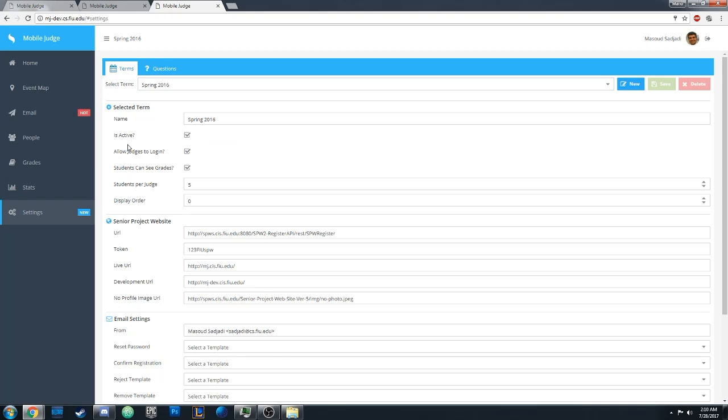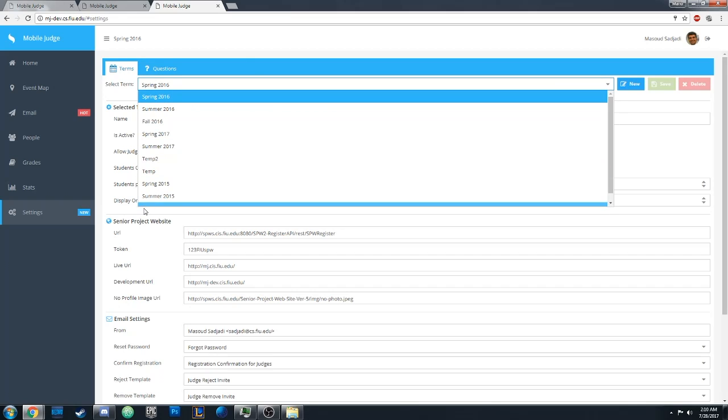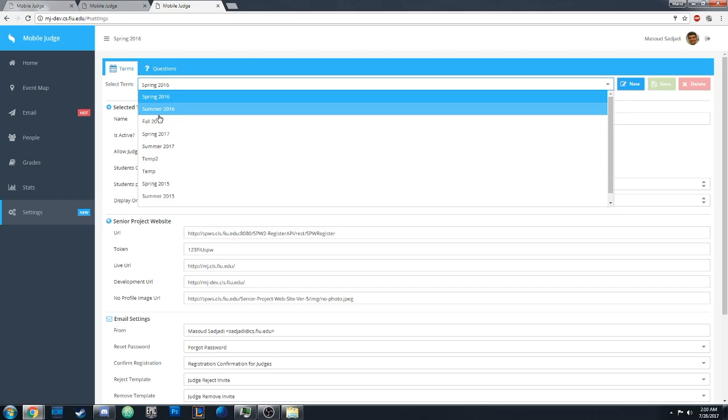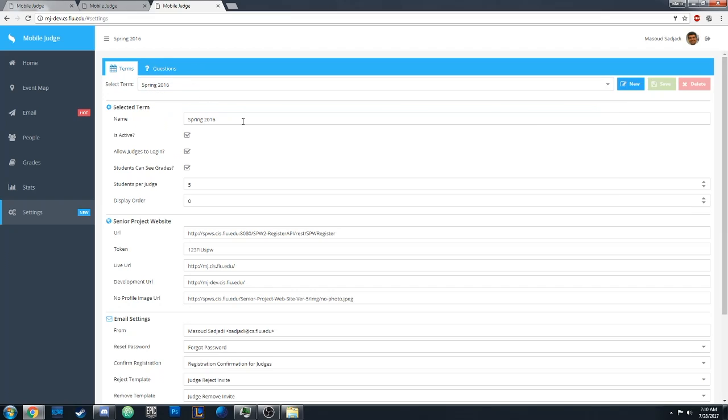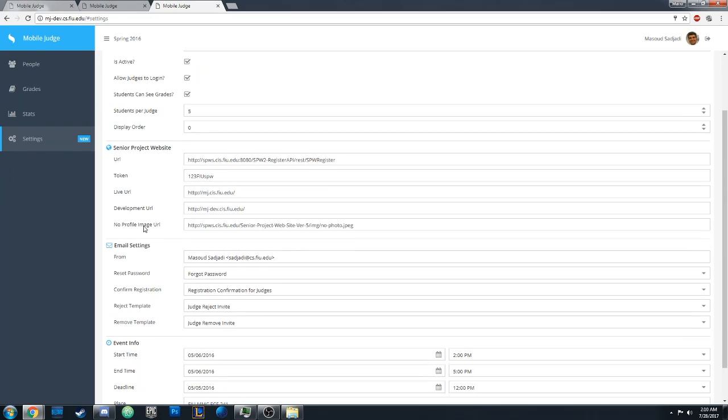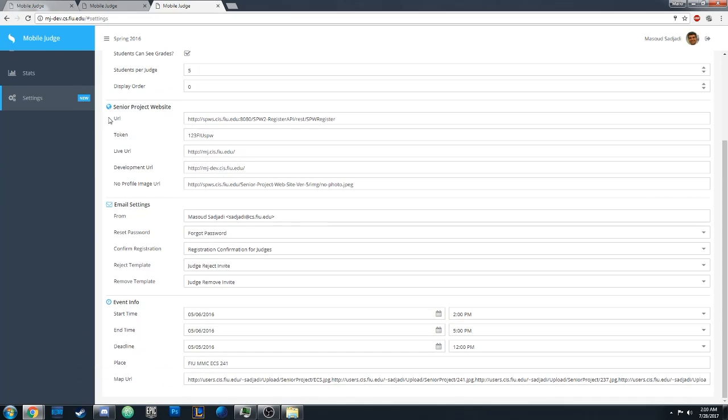And finally, the settings. In the settings tab, the administrator could select a term, and all the other places where the students are displayed, the judges are displayed, will automatically update for that particular semester. He could set the name, he could make it active, allow judges to log in, students can see their grades, how many students per judge, the display order, and here's a little bit of the senior project website where the sync functionality is taking place, email settings,